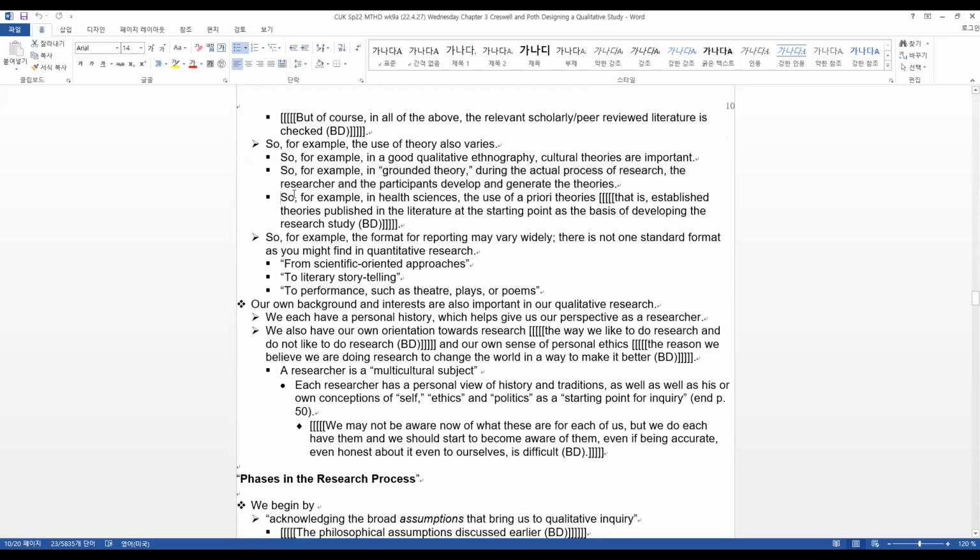And so, for example, in health sciences, you have a priori use of theories. There's an already established theory that guides your framework. So it's again a yin-yang process involved in social science. You have a theoretical framework that you use to guide your thinking, but then your actual findings of data can then shape your theoretical framework. So it's called a simultaneously inductive and deductive process.